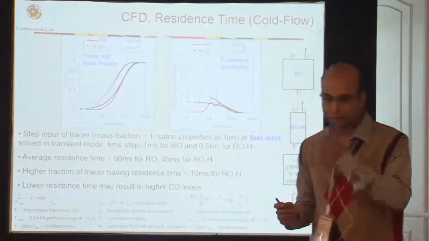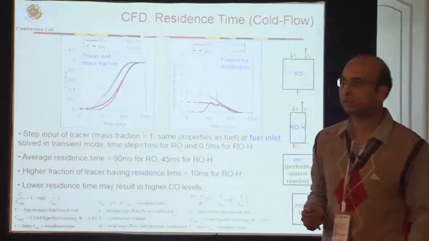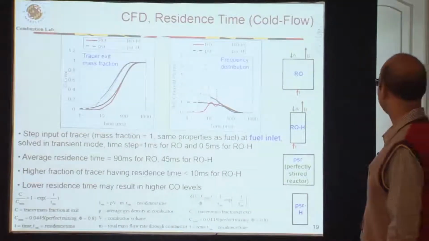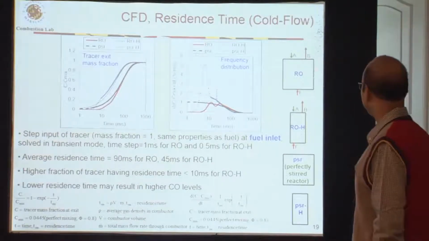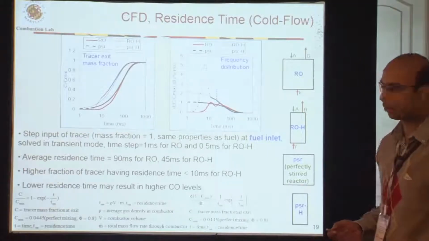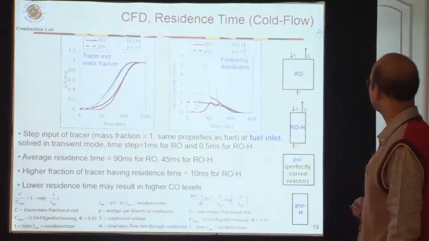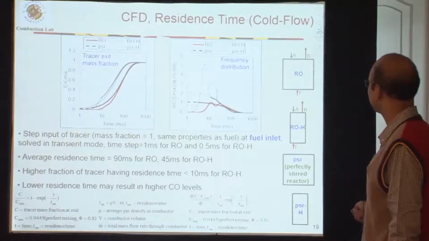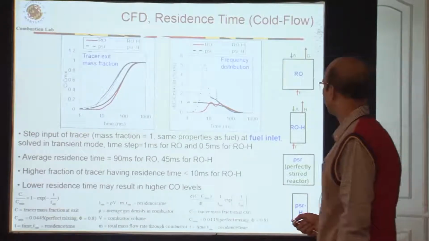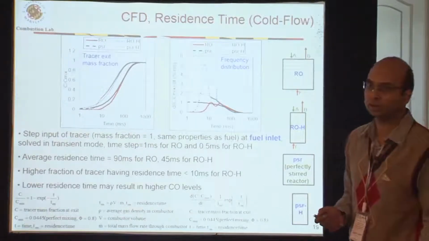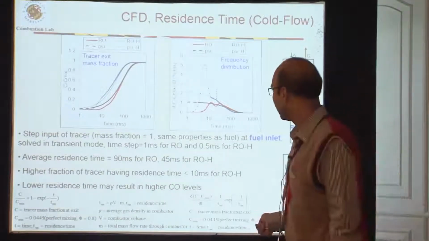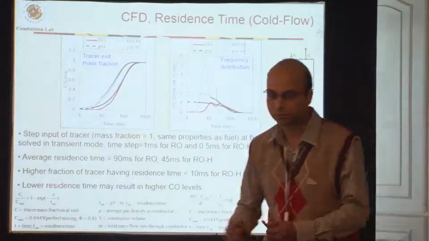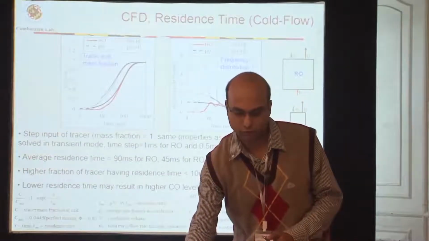So again, if I do a step input of tracer at the fuel inlet and then track what happens in the RO configuration and the RO high intensity configuration, I definitely find that this high intensity configuration will have a lower residence time for most of the gases, which may result in higher CO levels. And anyway, your average residence time is also low for the ROH